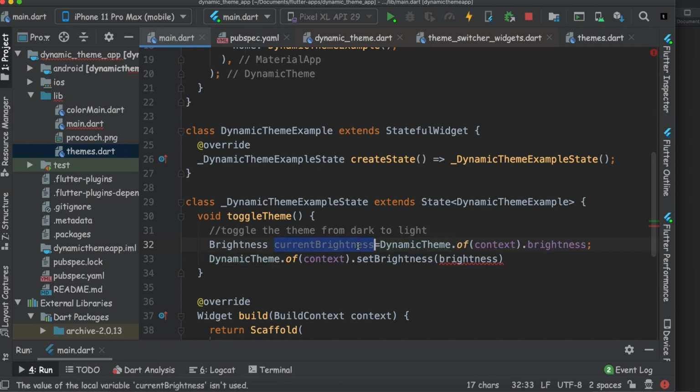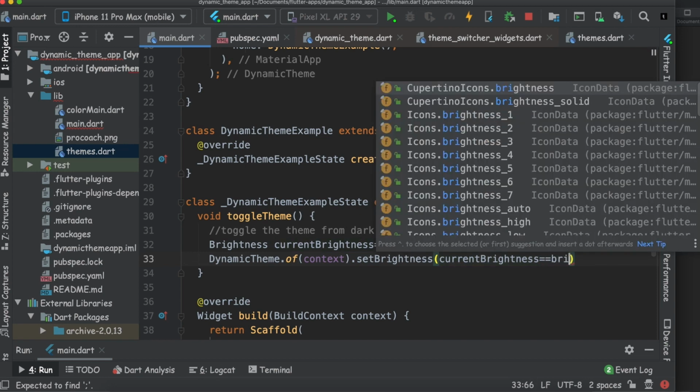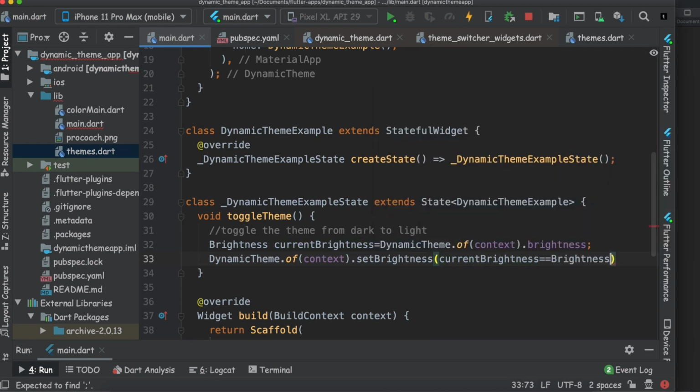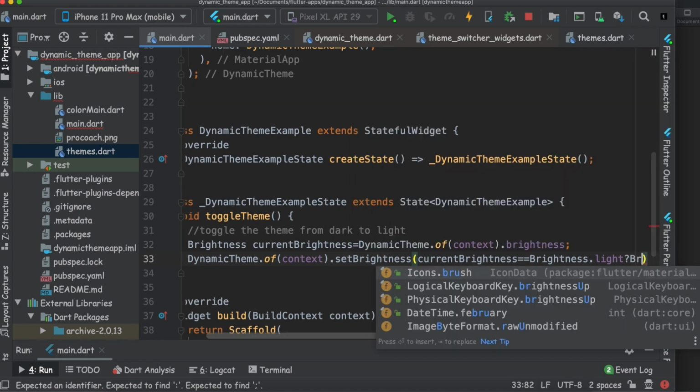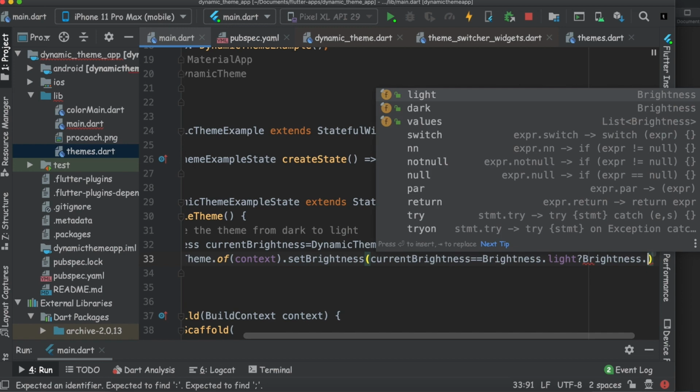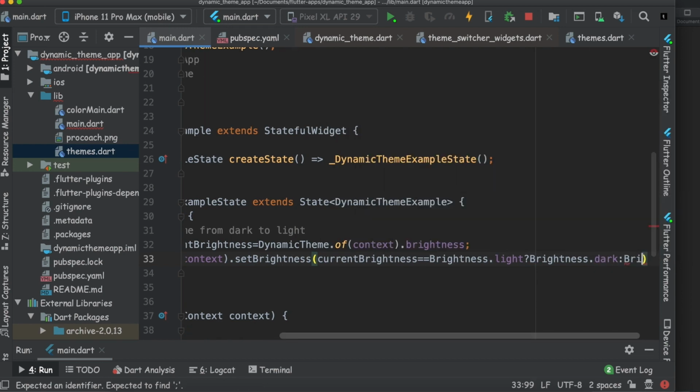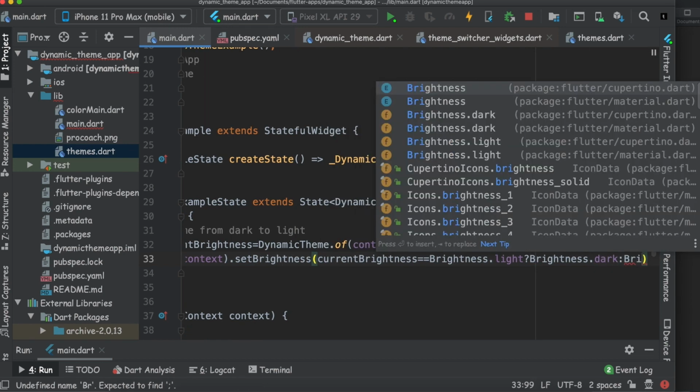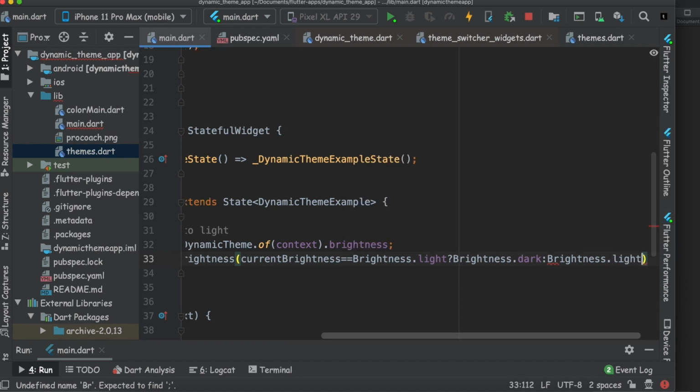Okay, so in current brightness, we are actually taking dynamic theme dot of dot brightness, that is current brightness, and we are going to check if current brightness is equals to brightness dot light. So if it is brightness dot light, then make it dark, right? Then make it dark, else make it light. Brightness dot light. Okay.